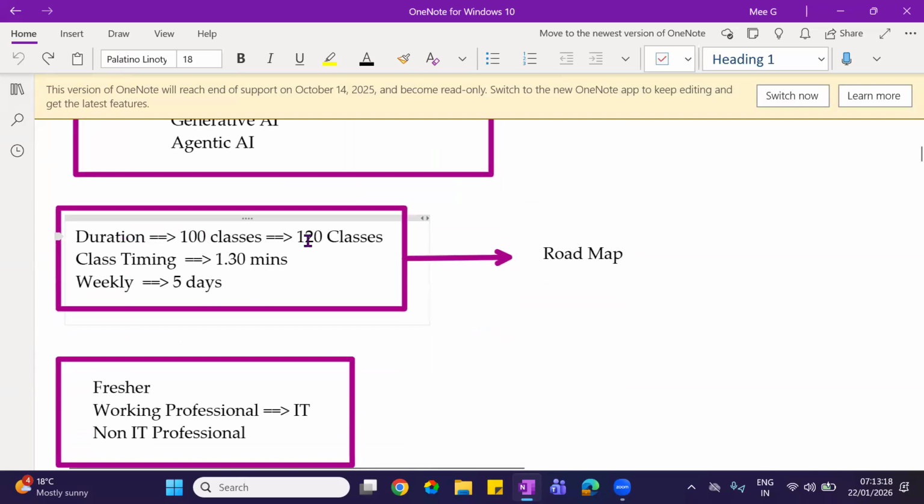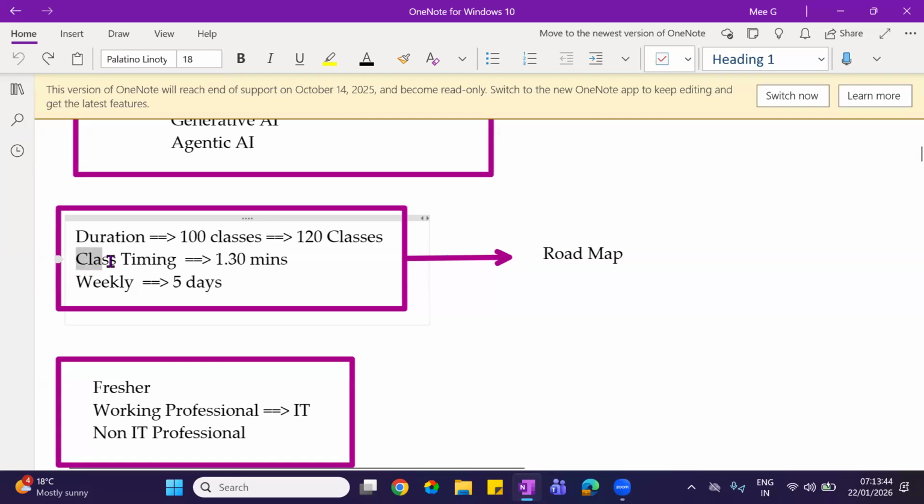The duration of the course is usually said officially to be 100 classes. They mention 100 days, which is nothing but 100 classes. That may extend by 20 classes extra, so between 100 to 120 classes your entire course will be done.